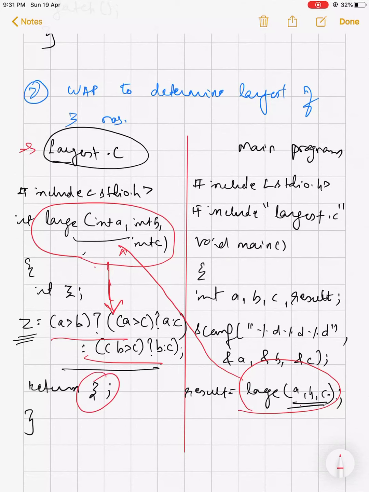It will return Z. So if I'm mentioning the numbers 8, 5, 3, it will check, so the answer will be 8 obviously. So before reaching the getch, the Z value will be assigned to the variable named result. If 8 is the answer, it will assign to the result before reaching the getch.